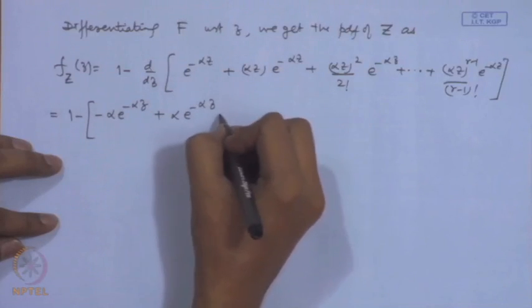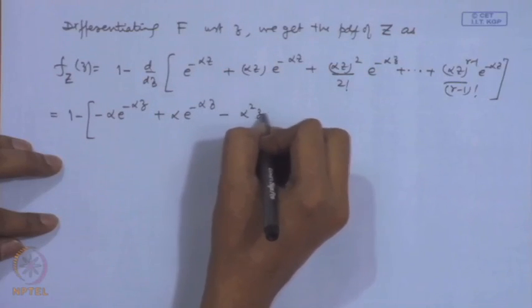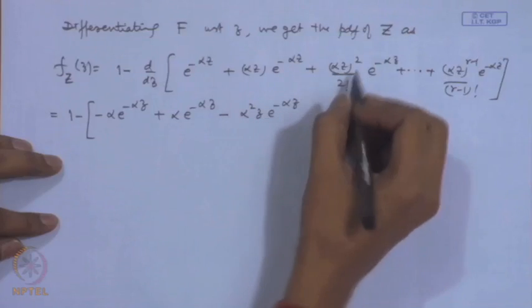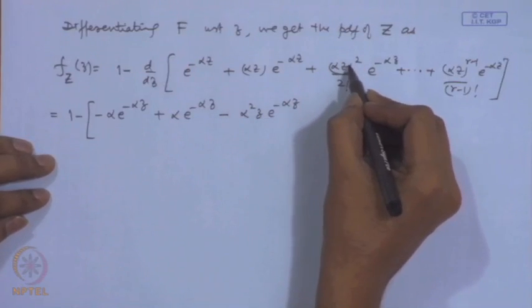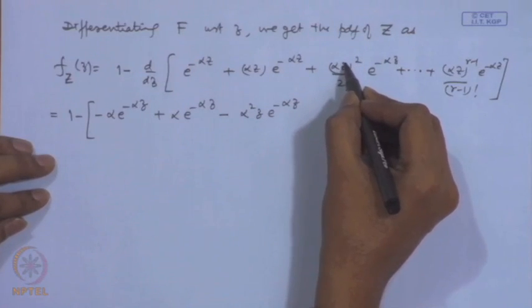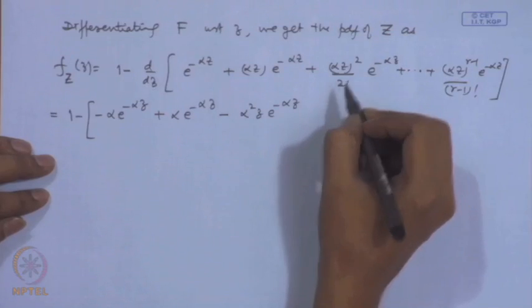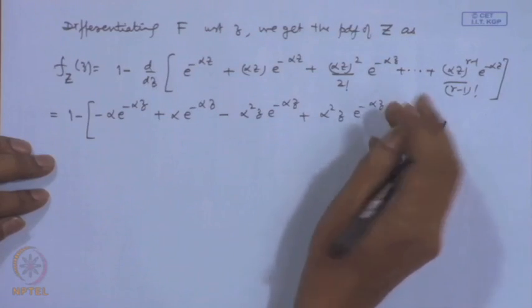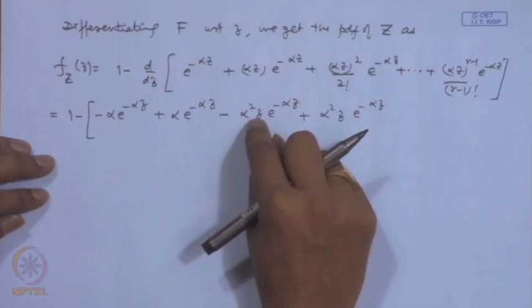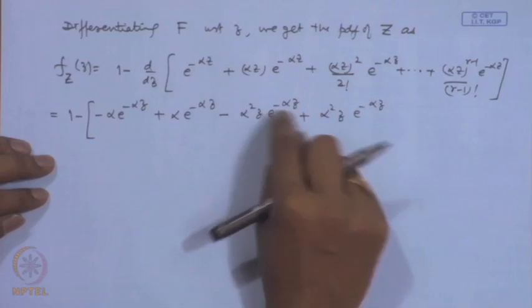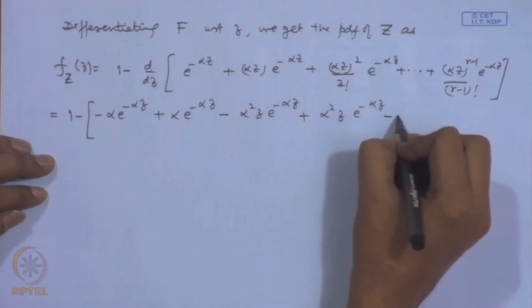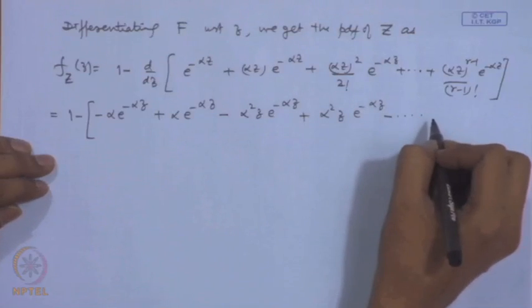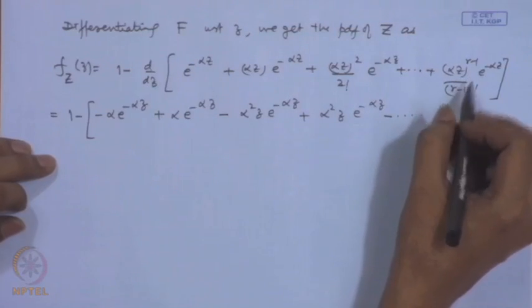When you differentiate this, you will get minus alpha square z e to the power minus alpha z. Here you get alpha square z square. So, when you differentiate, you will get twice, and this twice will cancel with this. So, you will get plus alpha square z e to the power minus alpha z. Once again notice that this term and this term are the same with different signs, so they will cancel out. Like that, all the successive terms will cancel out each other, and we will be left with the last